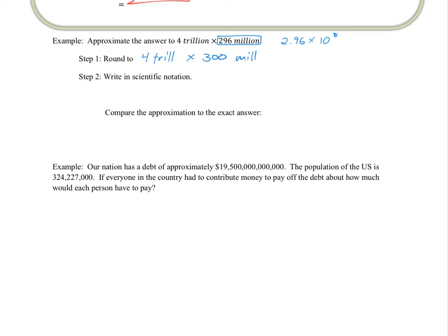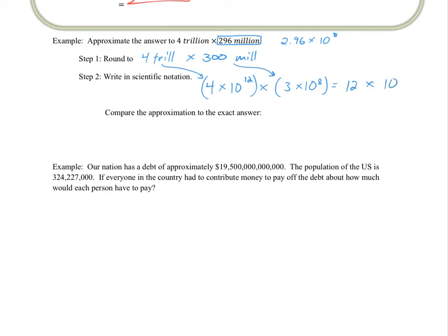So how will this look in scientific notation? Well, 4 trillion looks like 4 times 10 to the 12th power, and 300 million will look like 3 times 10 to the 8th power, which again is a lot cleaner than what we had up here. So now all we have to do is multiply these two together, and we can get our final answer of, what is this? 4 times 3 is 12,